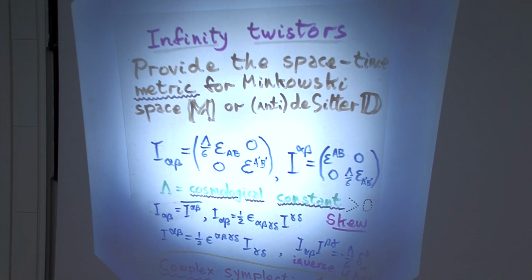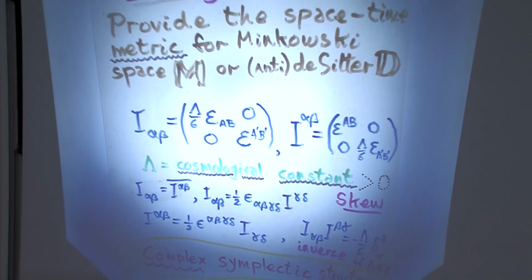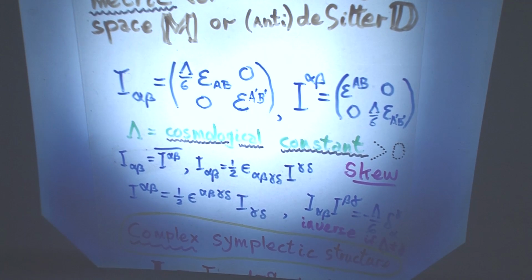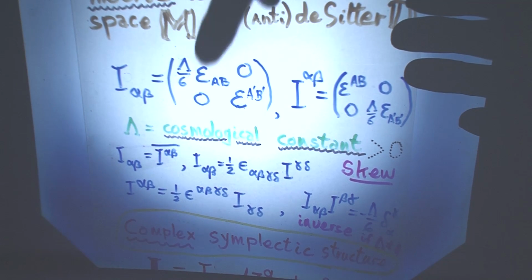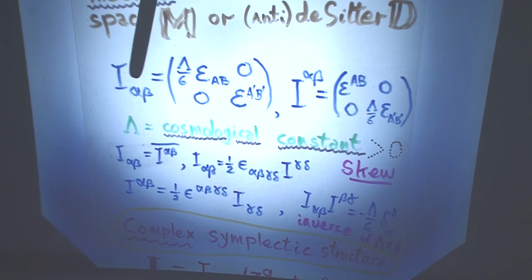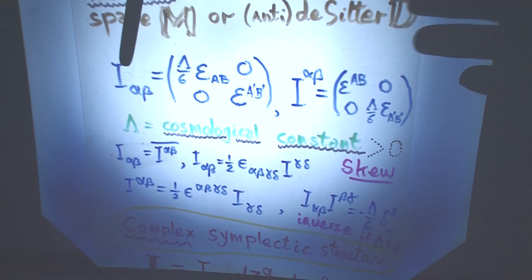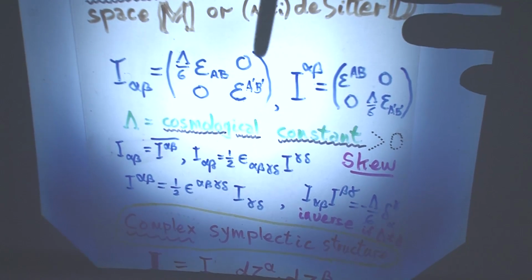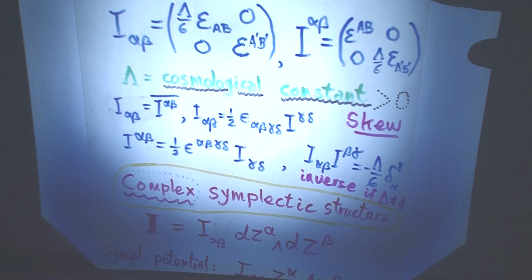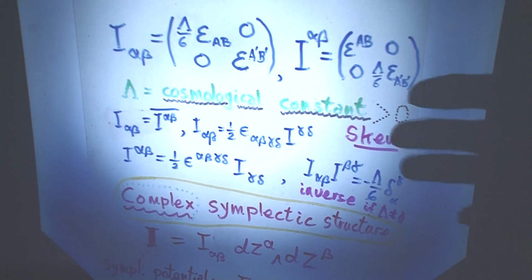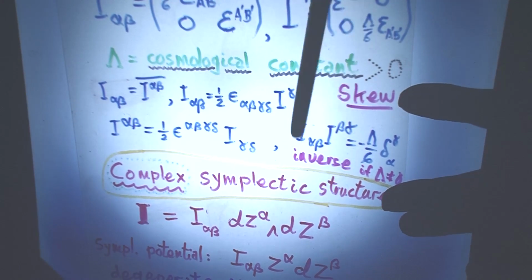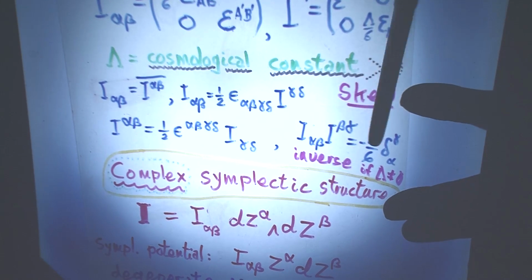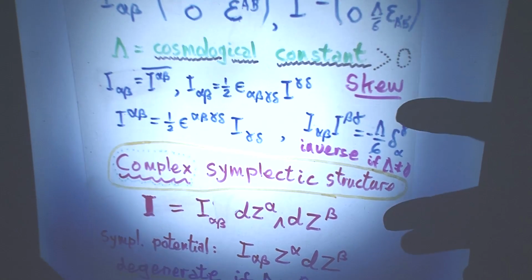Now, when you don't have a cosmological constant, it's a skew-symmetric, simple, in other words, degenerate skew object. When you do have a cosmological constant, you have a term here. You see, that would go to 0, and so it's a degenerate object. That is to say, it's degenerate in the sense that the determinant is 0. But in general, where there is a cosmological constant, it's non-degenerate. And so you have these things which are called the infinity twistor. They give you the metric. They also tell you where infinity is. So it's a useful thing. It gives you de Sitter space as well as flat space. And the contraction of I with its dual, the duals are given by here, gives you lambda, the cosmological constant. OK, so that's the idea of the